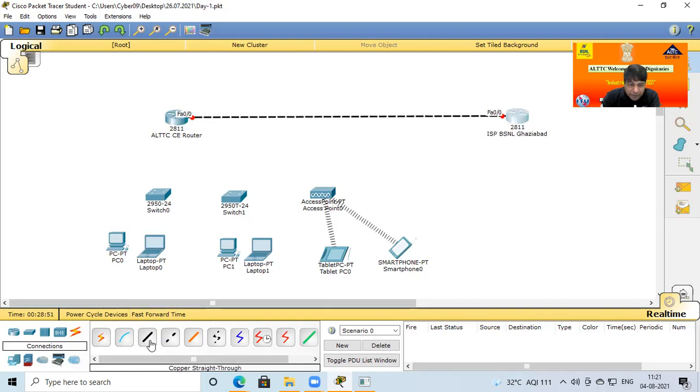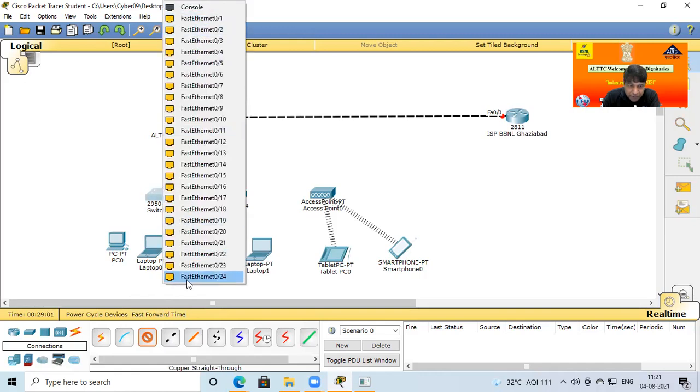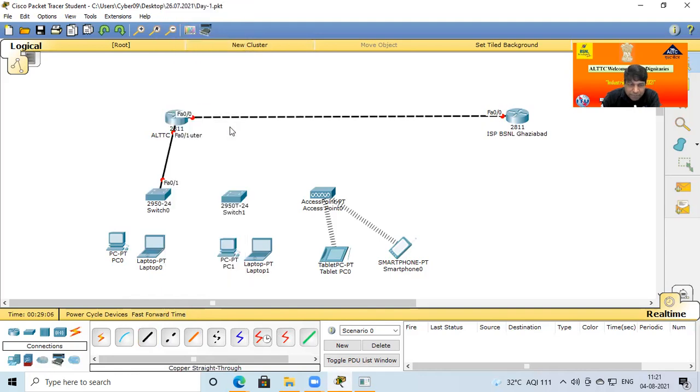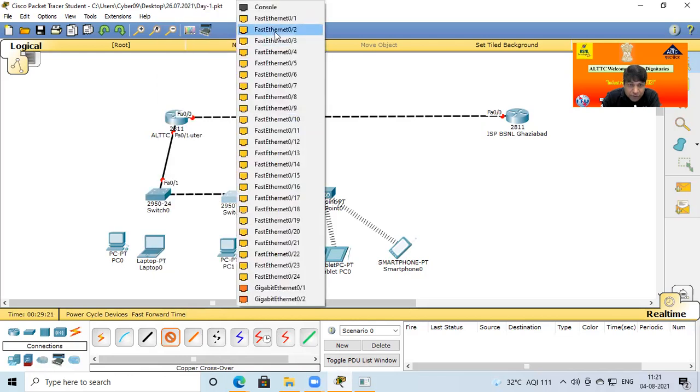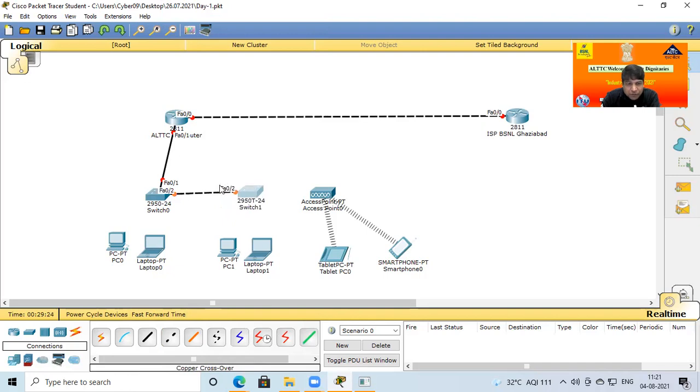And again take the straight cable, because the router has one port still spare. Click here, and in the switch you have a lot of Ethernet ports, so you can use any location, just put 0/1. Okay, now this switch to another switch, both are the same devices. So again, which type of cable is required? Similar devices, crossover. Click on this, put it on this switch at 0/2, and on the other side you can use any port, 0/1, 0/3, 0/4, no problem.